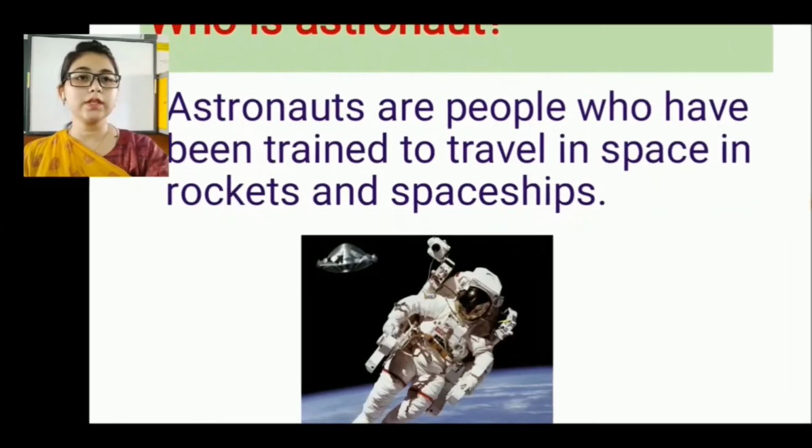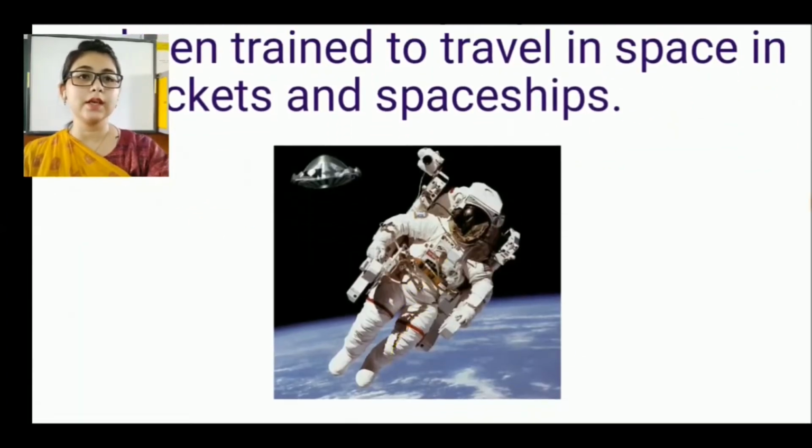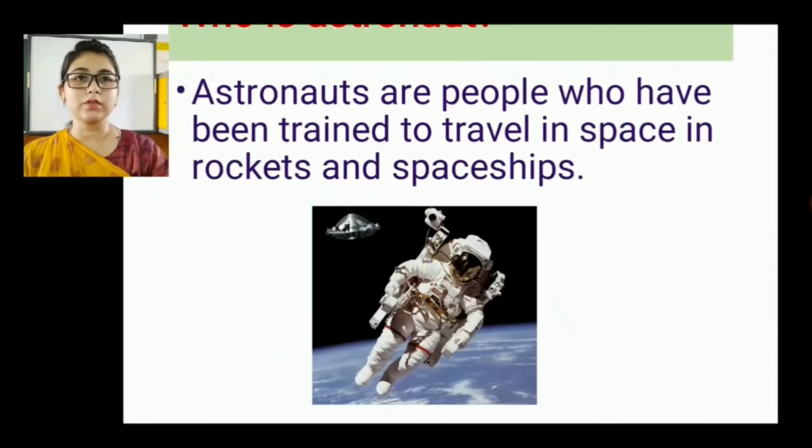Students, here in this picture you can see how the astronauts look. They wear a special type of suit because to travel into space they need a special suit so that